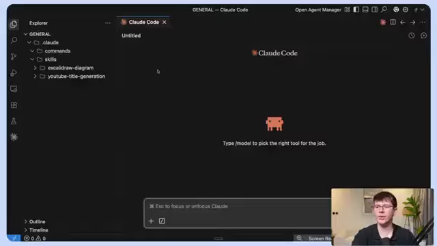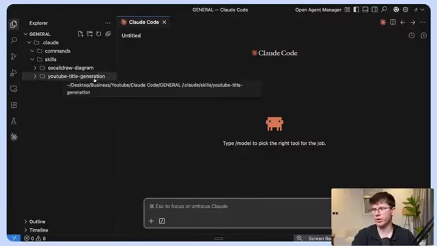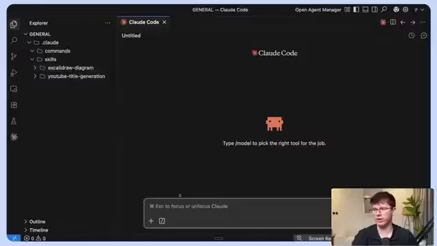And the way that we did that is, let's say we have Excalidraw diagram and we have YouTube title generation. If I wanted to call this one here, I would have to put /Excalidraw diagram, and I simply don't have the command there. So what needs to happen because of that is I would have to explicitly say, hey, can you run my skill called the Excalidraw diagram, right? Which is quite inefficient, especially when you have 20 to 30 skills that you want to browse through